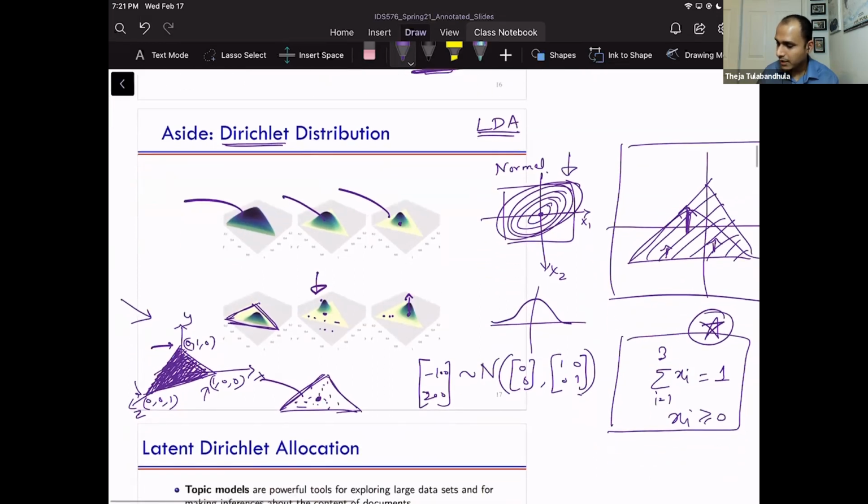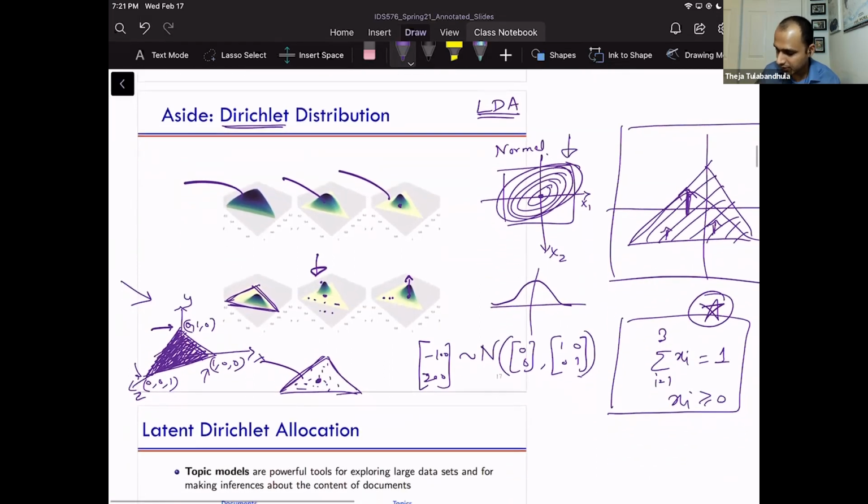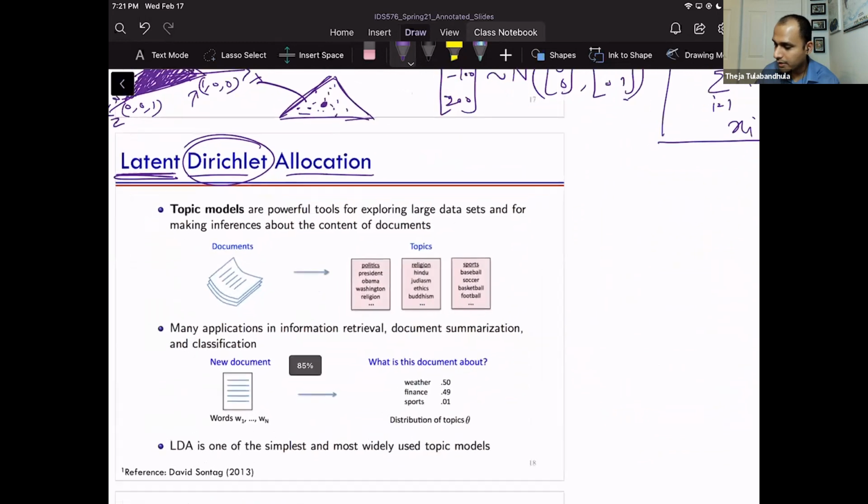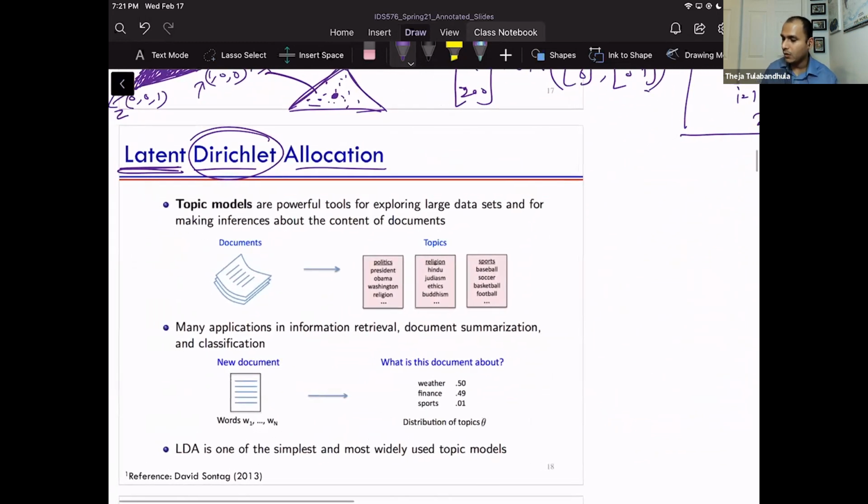With that introduction, let's talk about latent Dirichlet allocation. Some keywords: latent Dirichlet allocation. So we looked at Dirichlet. There's going to be some Dirichlet distribution involved in this model definition, and that's why we discussed the Dirichlet distribution first. We'll talk about latent in a second. Let me first explain what the data is, and then how the Dirichlet distribution is used to model the data,